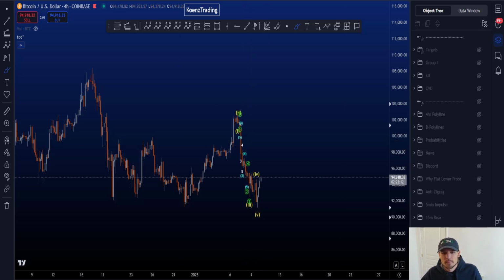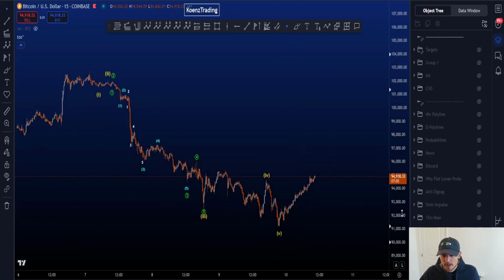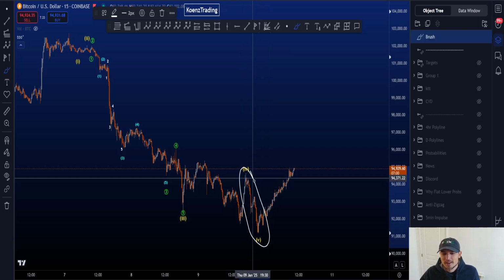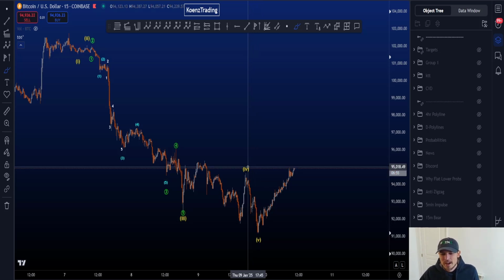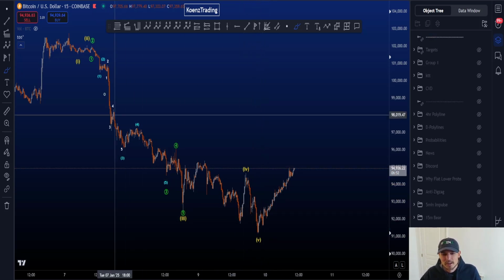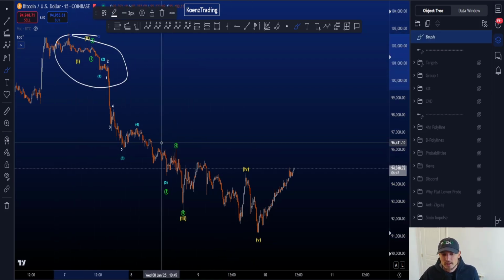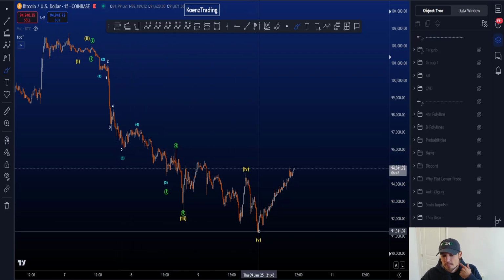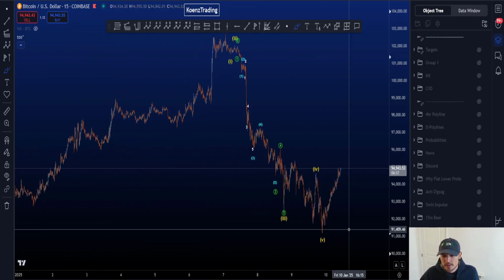On the 1-hour time frame, in both of these scenarios, you are looking for this leg to the downside to be an impulse, and this is then how I count this impulse towards the downside. Thanks to this structure that was made last night, I was sitting behind my chart, I was counting the chart, I was looking at the move down, and actually thanks to this structure here to the downside, this whole count basically came to be, because we then have a multi 1, 2, couple of 4, 5s, and then we end with a nice 5-wave impulse to the downside, and we also grab the liquidity below that low